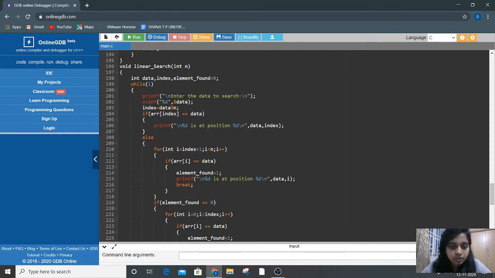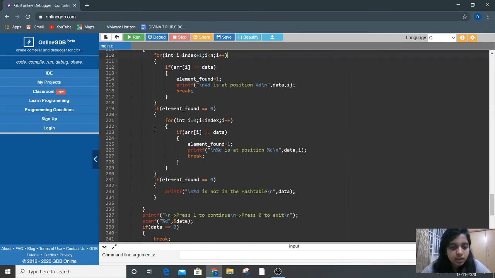It will ask to enter the data to search, and then using index equal to data modulo n, it will check the if condition and be executed. Else, using this for loop, each and every element will be checked with the data which we have given, and if it is found, it will show the number is at the position, and show the position too.